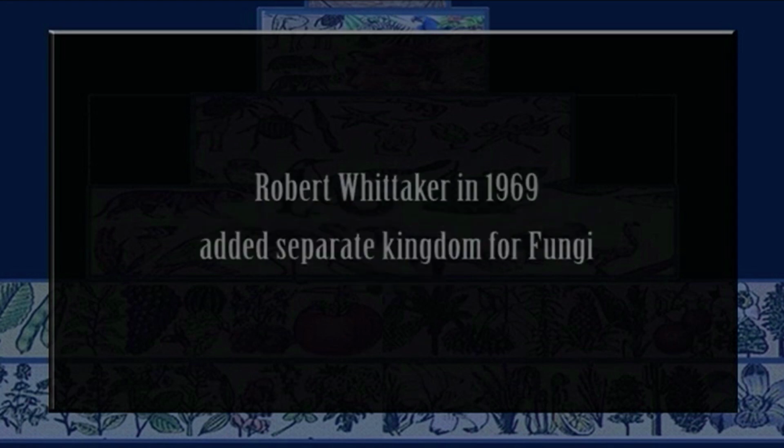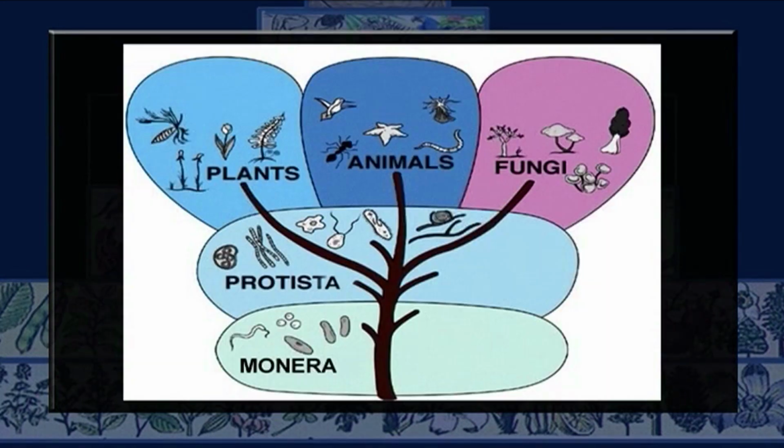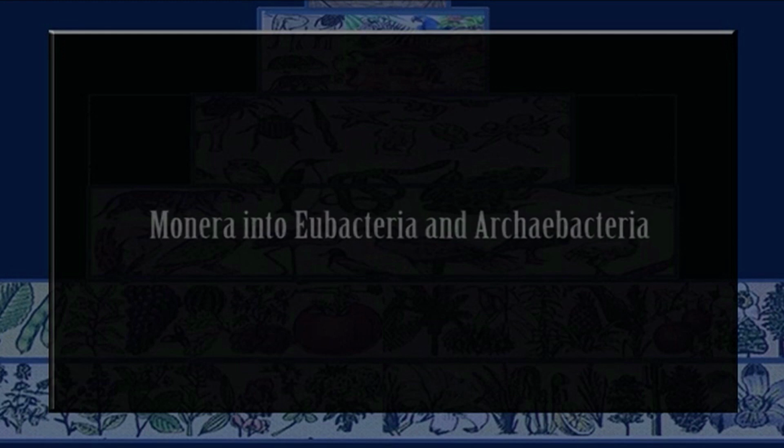Copeland in 1938 added a 4th kingdom, Monera, while Robert Whittaker in 1969, adding a separate kingdom for fungi, divided living organisms into 5 kingdoms: Monera, Protista, Fungi, Plantae and Animalia. In a short span of time, Woese in 1977 divided kingdom Monera into Eubacteria and Archaebacteria, raising the number of